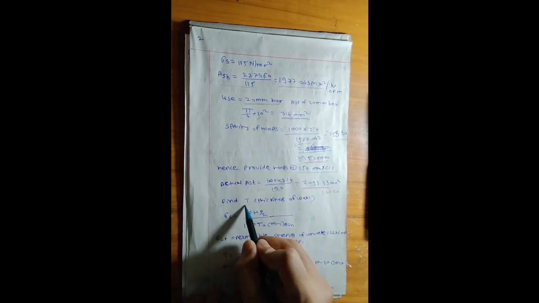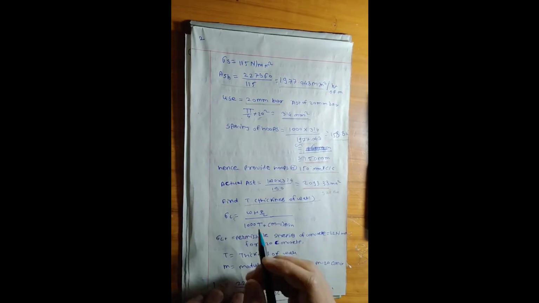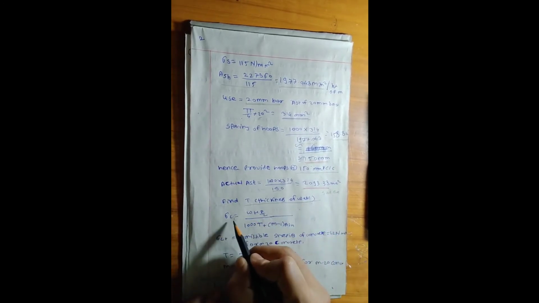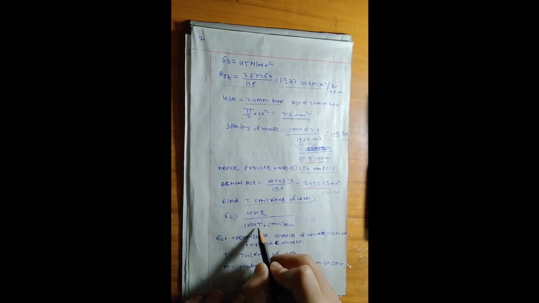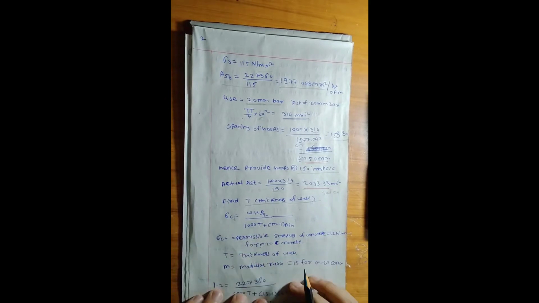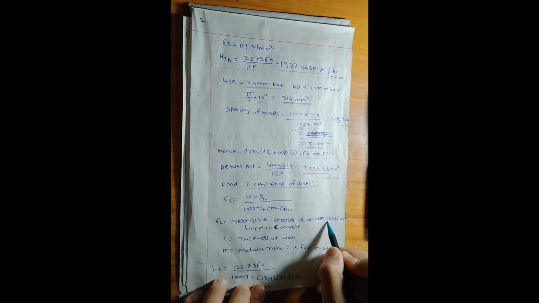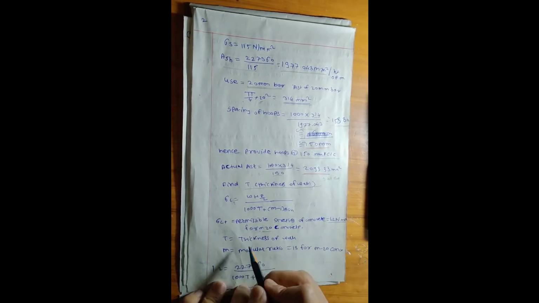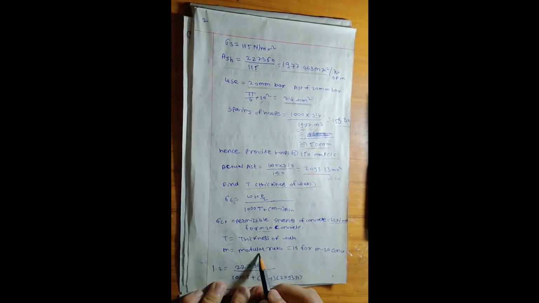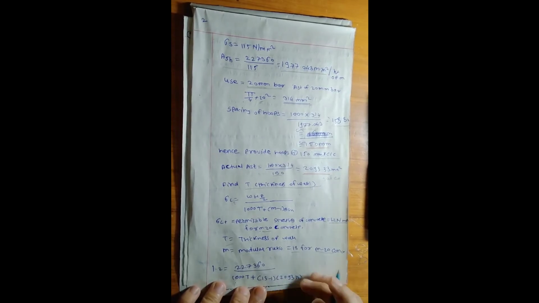Now we have to find the thickness of the wall. To find the thickness of the wall, let sigma ct be equal to WH into D by 2 divided by 1000 into T plus (m minus 1) into AST. The sigma ct is the permissible stress of concrete. This is 1.2 Newton per mm square for M20 grade in the IS code. T is the thickness of the wall. M is the modular ratio, also given by the IS code, which is 13 for M20 grade.